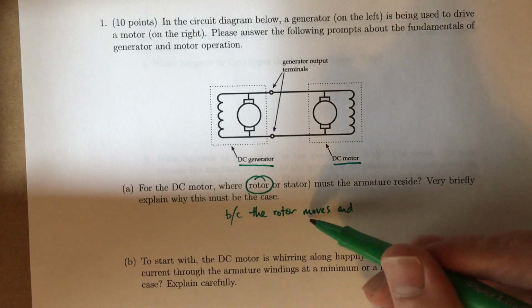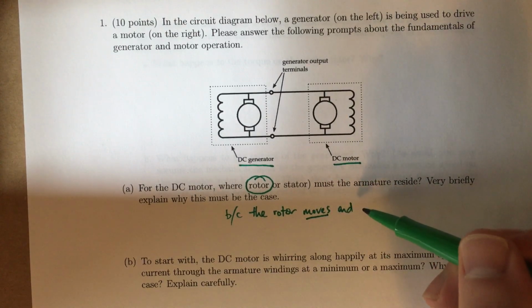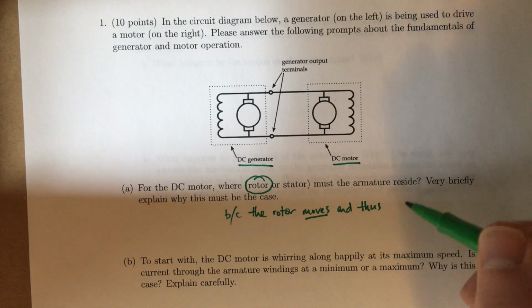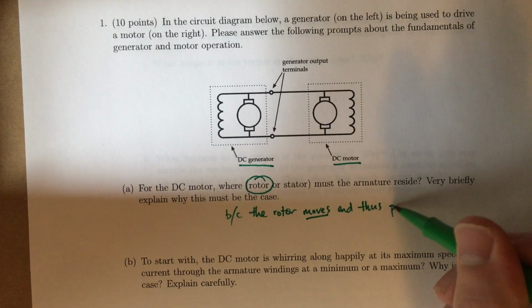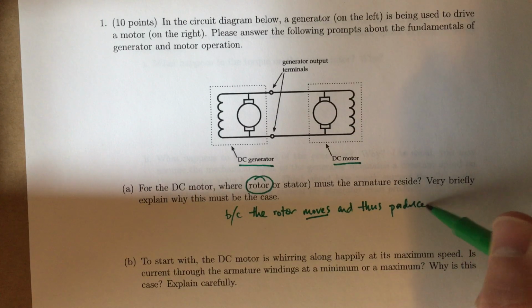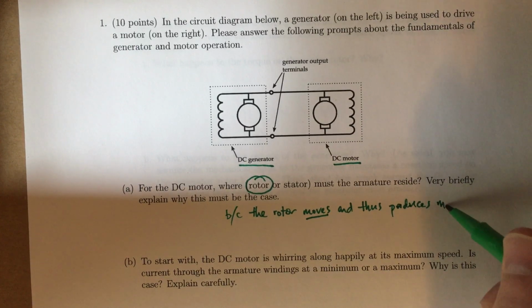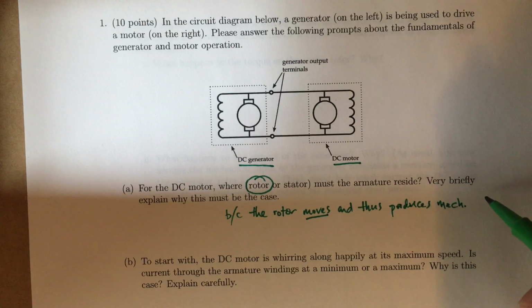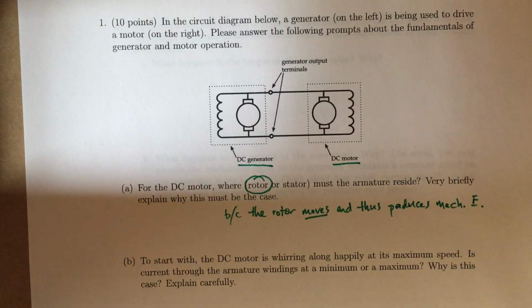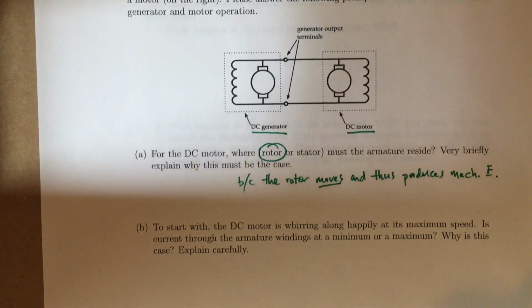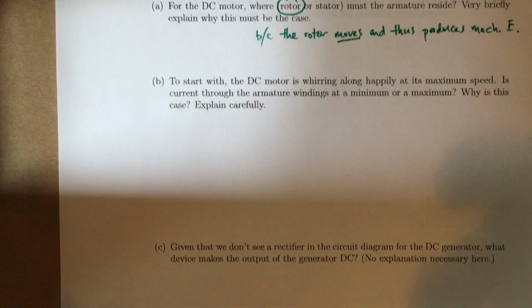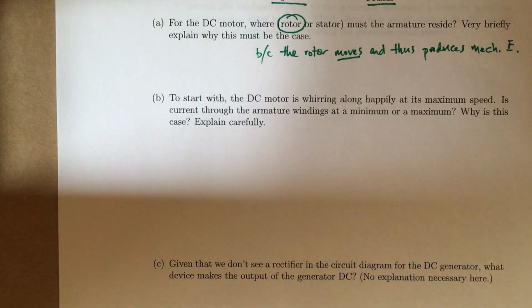Okay, so the rotor moves and thus produces mechanical energy. Okay, mechanical energy being motion, and so we need that for what we're doing here. Okay, now as we move down, we've got, to start with, the DC motor is whirring along happily at